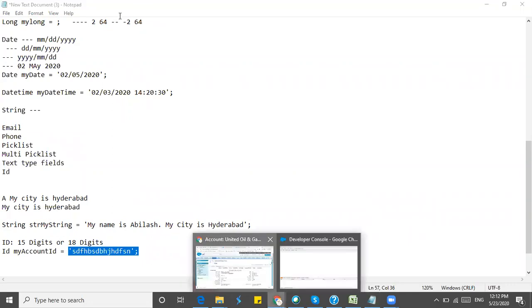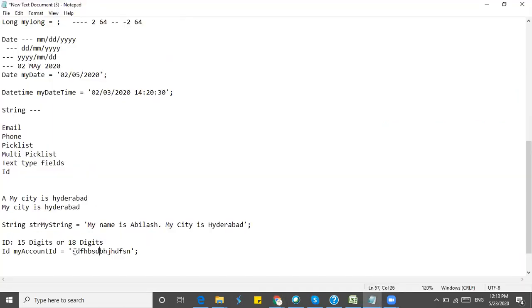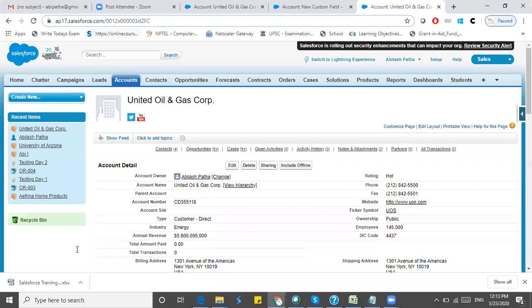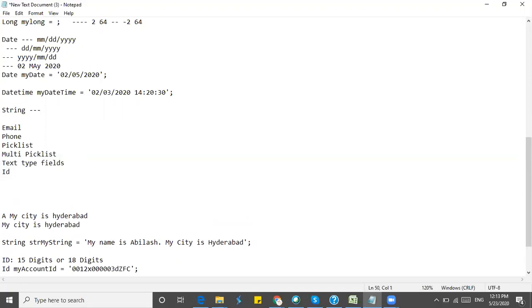It should be a Salesforce ID only, validated. A string will accept an ID, so you can define it as a string, my ID, and give that value.